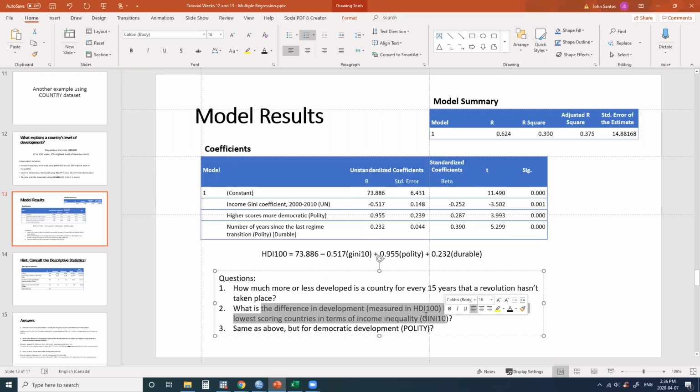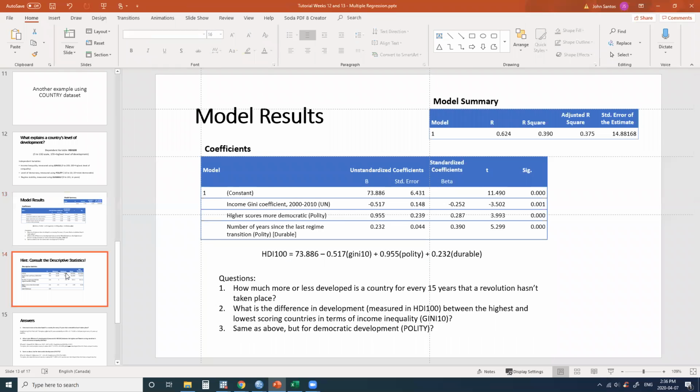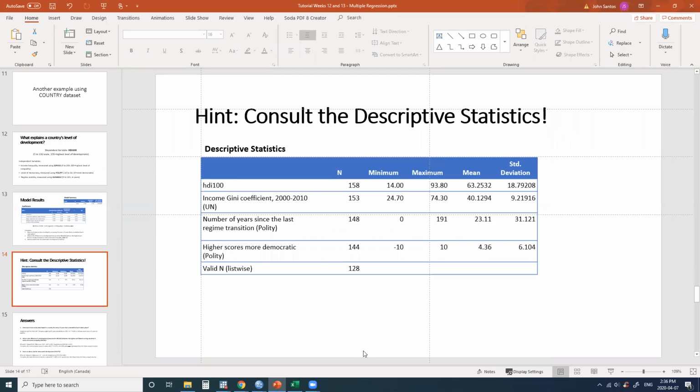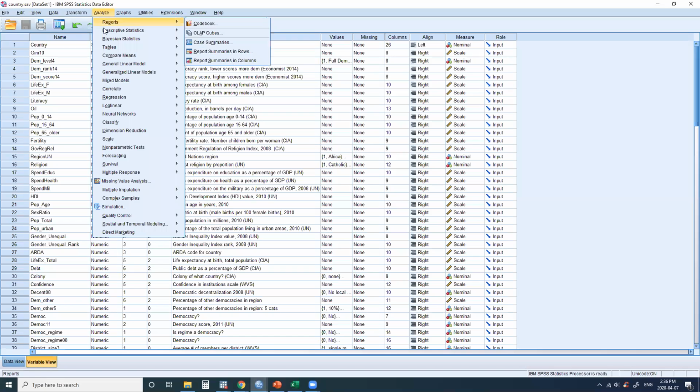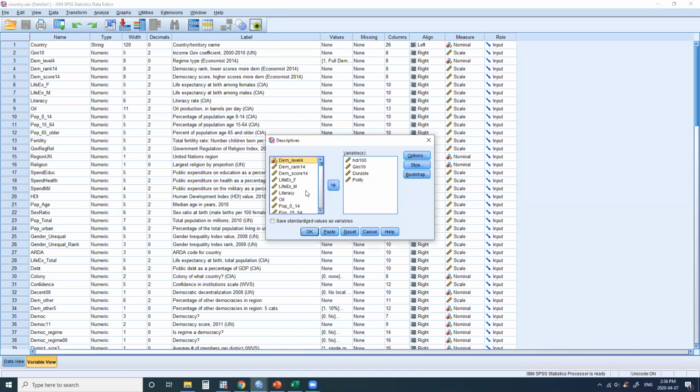What is the difference in development, measured in HDI, between the highest and lowest scoring countries in terms of income inequality? And then the same as above: what's the difference in development between the most democratic and the least democratic country? One way to do this is to look at the descriptive statistics of each of these variables. So going back to our SPSS, we can do the descriptives command, which is the same thing as